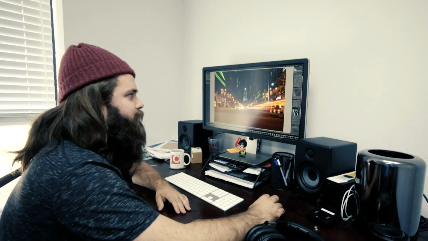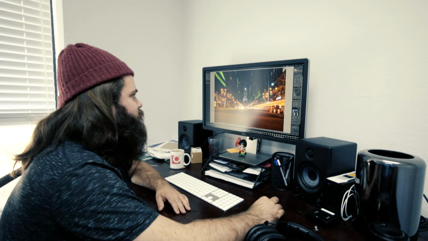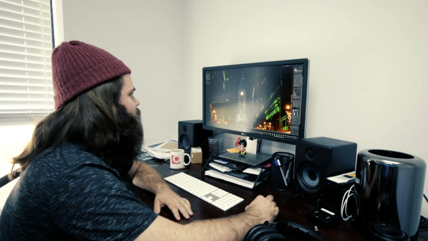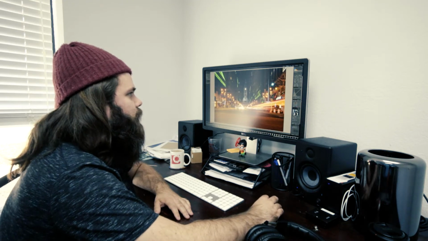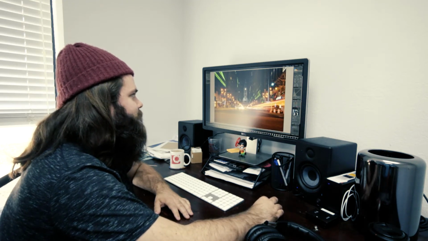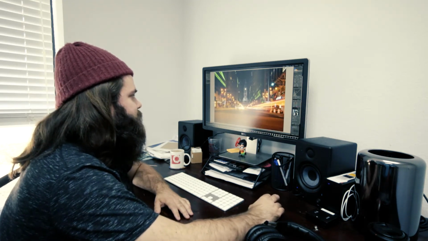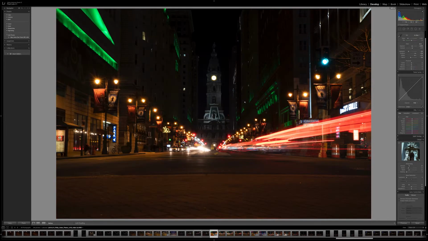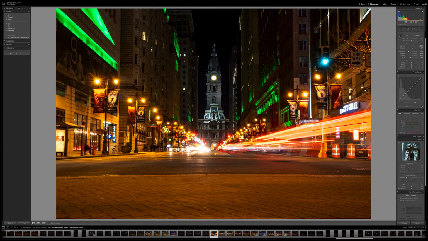Next, I'm going to bring up the exposure. Again, this is just the overall exposure, and this kind of just lightens the image a little bit. You're seeing a little bit more detail in the clock tower right here. And then, to compensate for getting rid of the detail in some of those blacks, I'm going to lower the blacks a little bit. So a little bit more of a contrast, and then I'm going to do something with the contrast here to kind of boost that a little bit more. So as you can see, we have a vastly different picture already with just a few simple effects on the